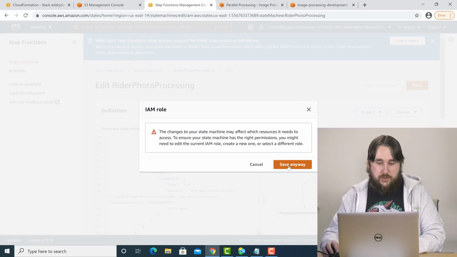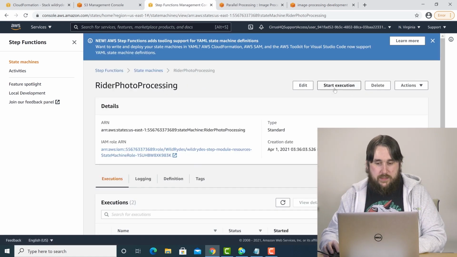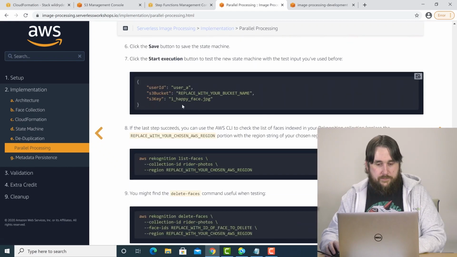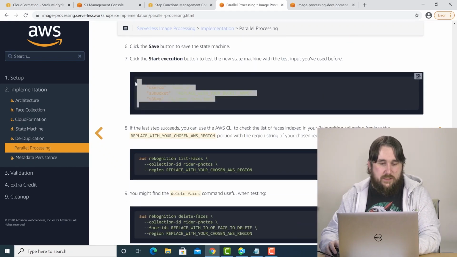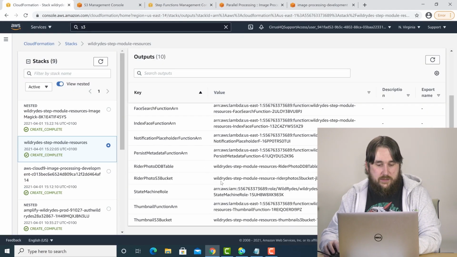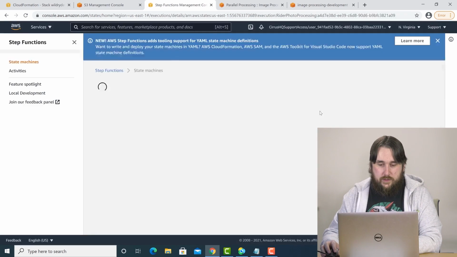So if we go ahead and save this, save it up top. And again, just make sure we've got the correct roles. Now, what we want to do is start another execution. And again, in this case, it's exactly the same. We're going to be running the image A again. So copy and paste the JSON as our test input and grab the rider photos bucket and put that into our test. So we add that in here. So we're going to update the same photo. Now, if we run this,